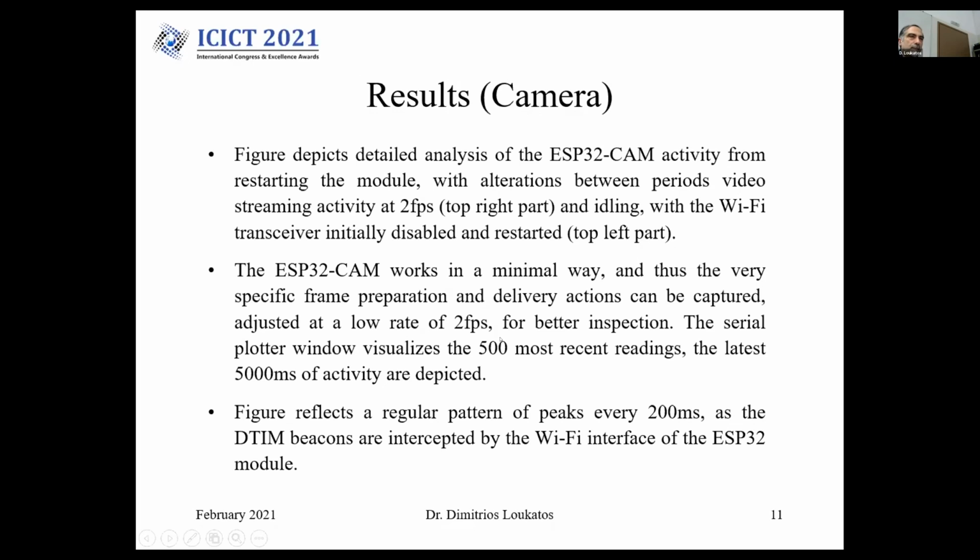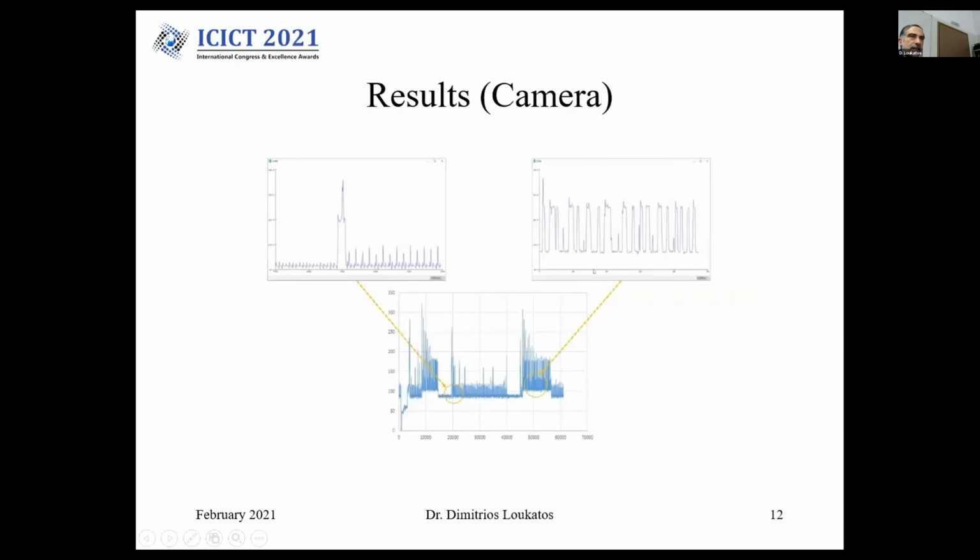Using the serial plotter tool of the Arduino IDE environment, we took screenshots of the 5,000 last points of activity. Here, the camera, at the top left figure,